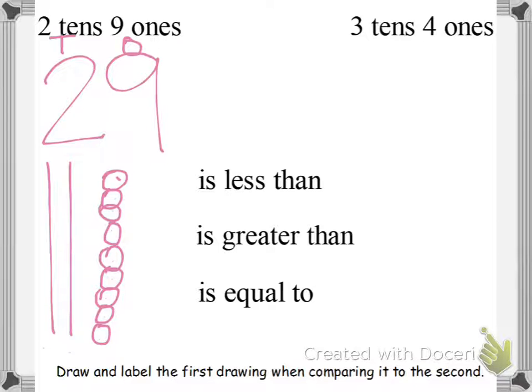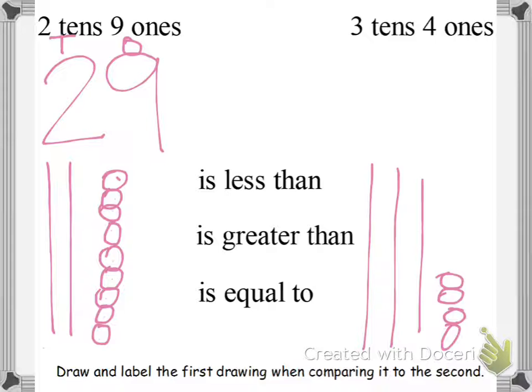So, yep. Now let's do 3 tens, 4 ones. So 1, 2, 3, and 4 ones. 1, 2, 3, 4. So now let's count it to figure out what our number is. What 3 tens, 4 ones is. 10, 20, 30, 31, 32, 33, 34. And we know that 34 has 4 ones and 3 tens. So, yep. Now we have to look at this and figure out,